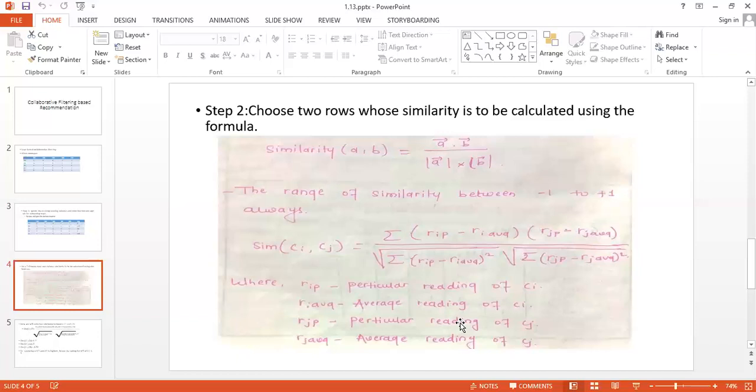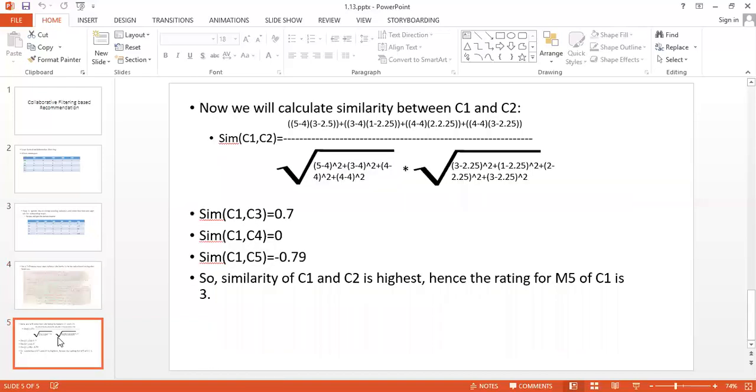We have an example with 5 customers and 5 movies. Everyone is giving a rating. Just customer 1 has not given a rating to movie 5, and we are going to find out that rating. If customer 1 is going to rate the movie, then what will be the rating? That is what we are going to find out. Now see, we will put our values into this formula so that we will get the answer.